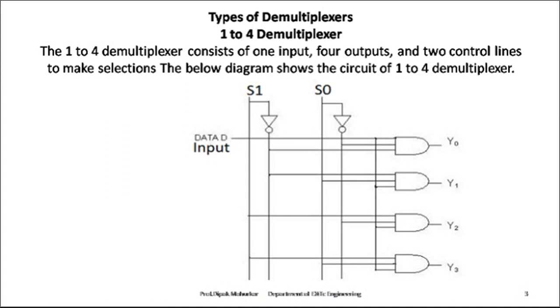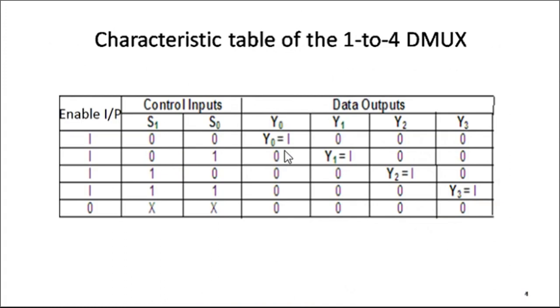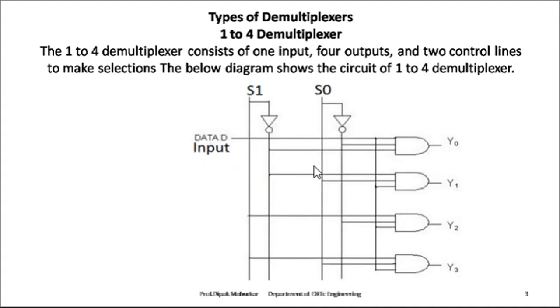Okay, if you see the truth table, for Y0, at that time S0 and S1 both are 0, and the enable pin is high. So in the first one, both 0, 0 means we connect here. Data in is one line, another is the enable pin. So our aim is that Y0 is high when this one is 0 and this one is 0, with data input connected everywhere, and at that time the output will be high.